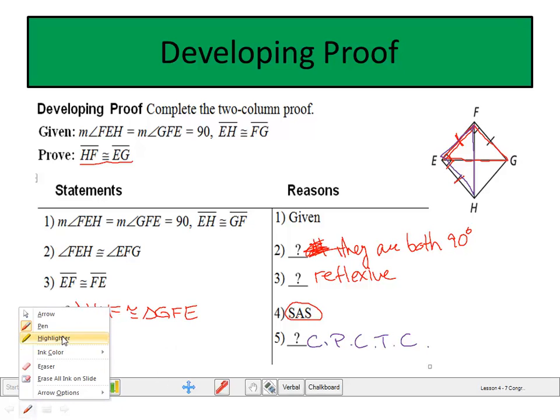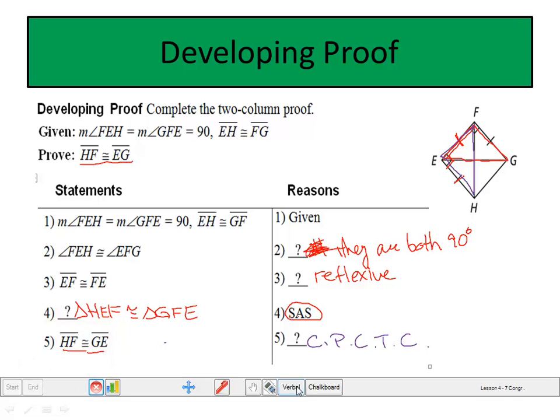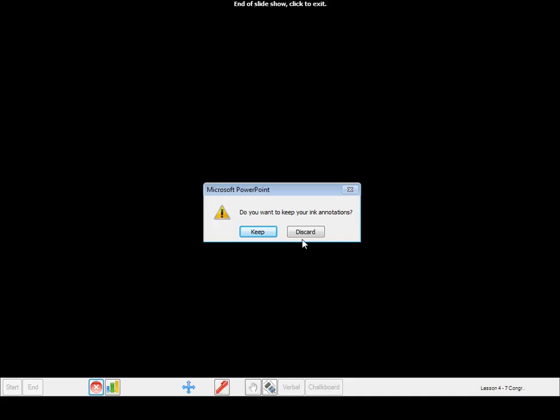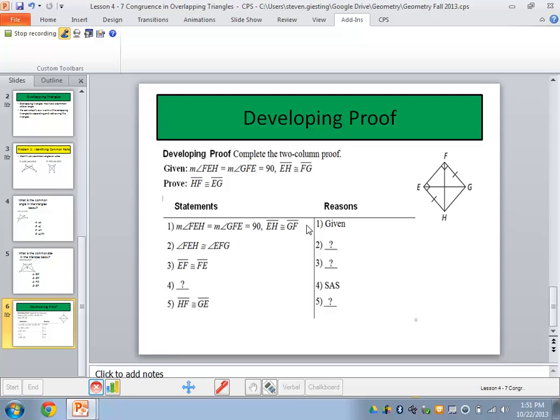We just did the proof. Remember, whenever you name 2 things that are the same as congruent to each other, it's the reflexive property. It's got to be the exact same. All right. Oh, that's it. CPC